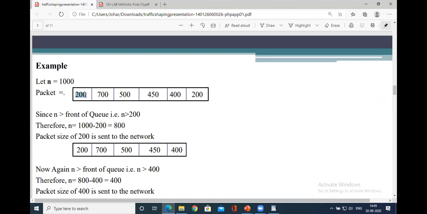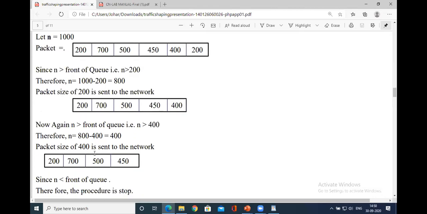So first packet is 200. So 1000 minus 200 is 800. See, this 200 has been deducted. So we have a left out capacity 800.